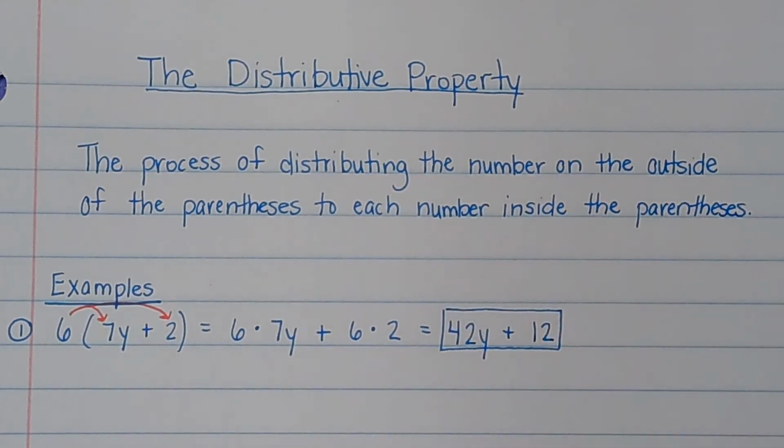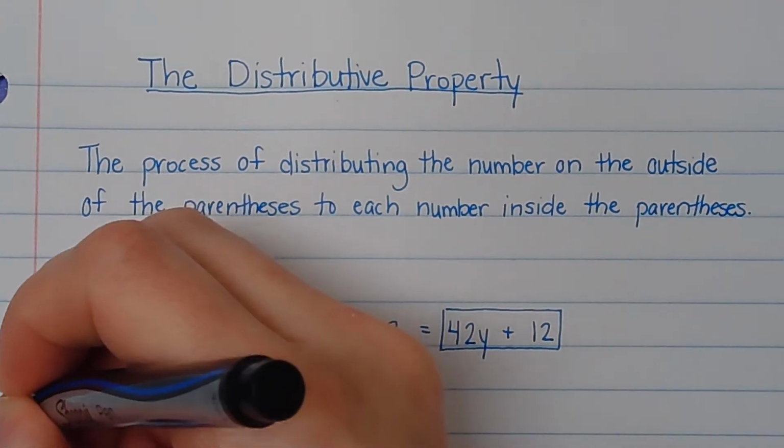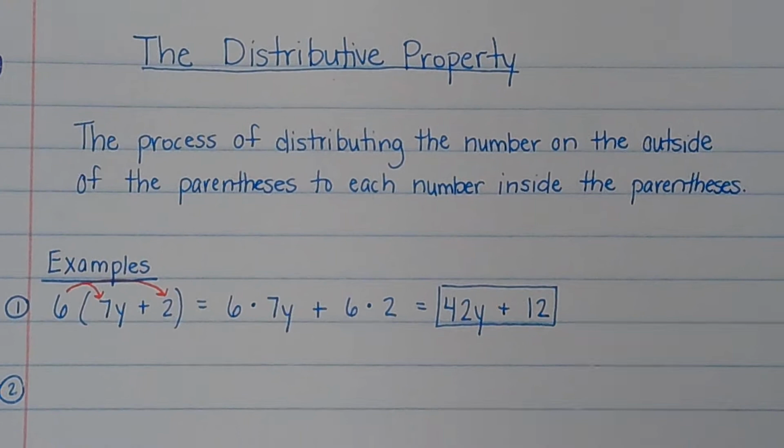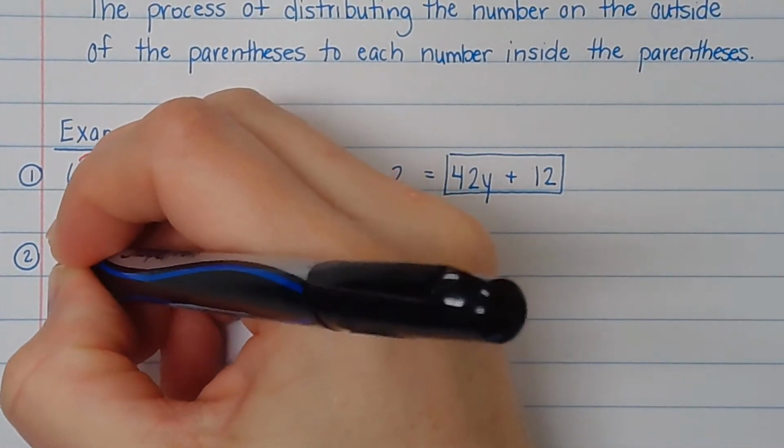A lot of people don't like the distributive property because you get answers like this. In math, we typically think of answers being one number, but with the distributive property, this is the answer. So don't let that confuse you. Let's look at another one, and this one will be one you could solve with order of operations. I'm not going to confuse you. So let's say you have 5